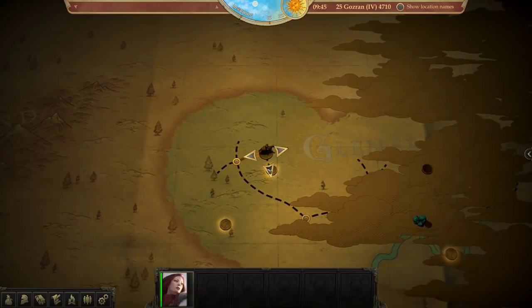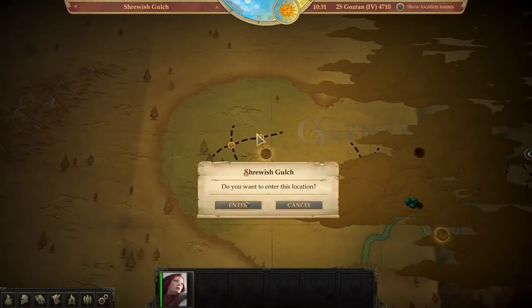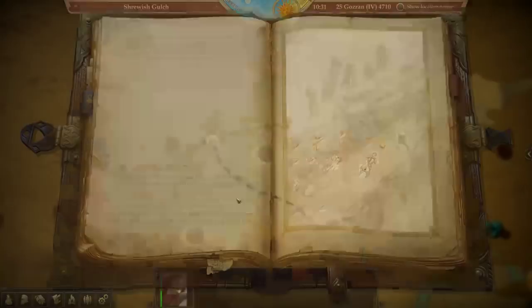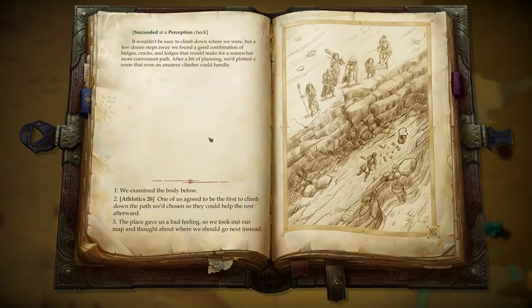And the next place we're going to is the Shrewish Gulch. Now the Shrewish Gulch is interesting because you could just cheat your way to max level here, because this skill check is kind of busted. If you fail it, you can just close and boom, it will be there again. Which isn't the main point, but if you succeed...